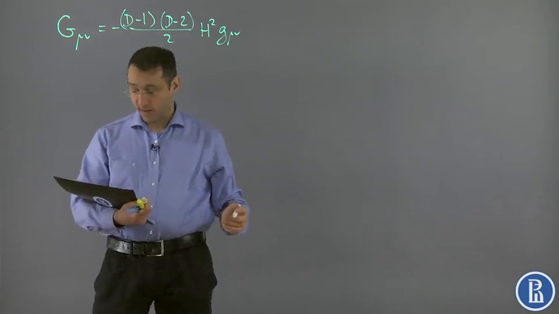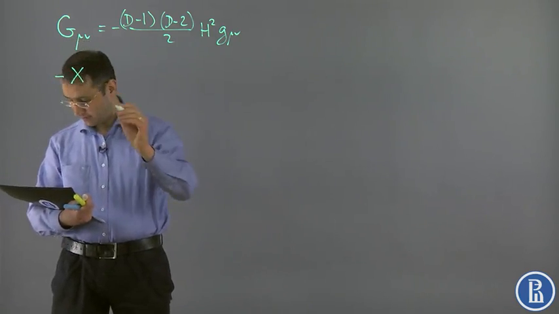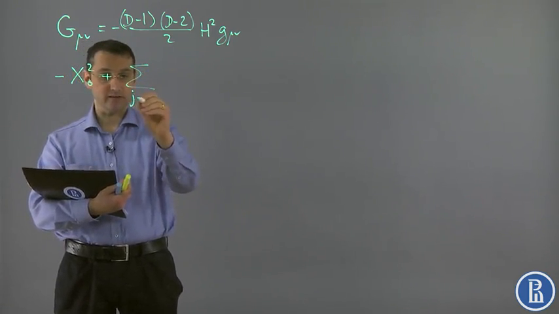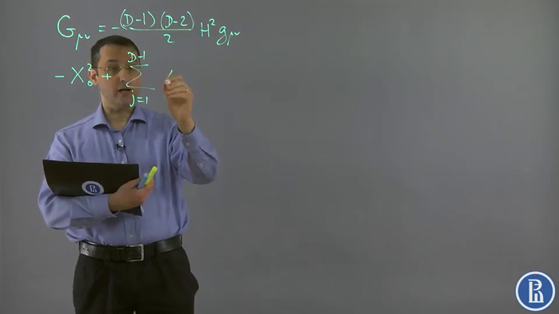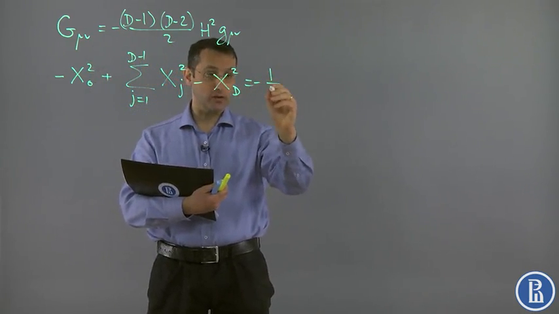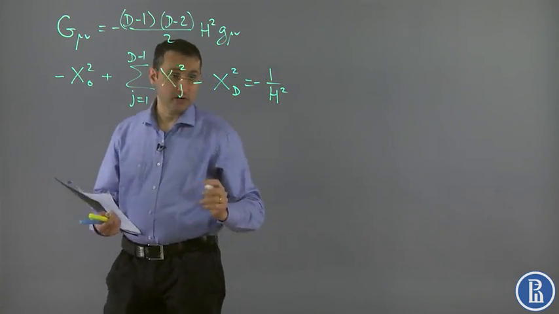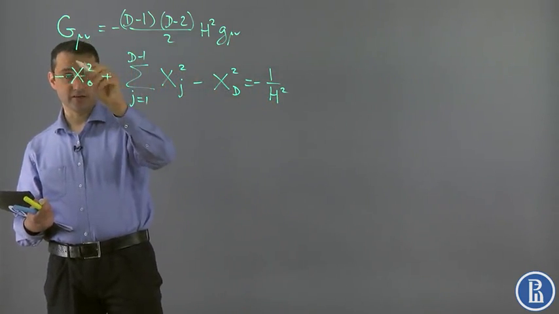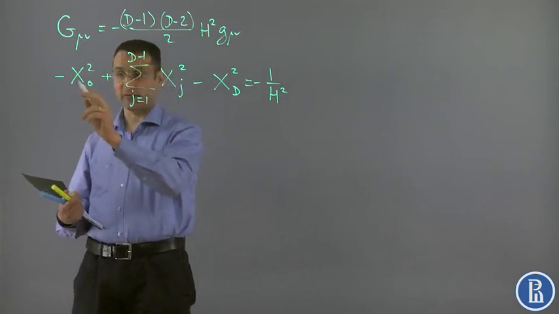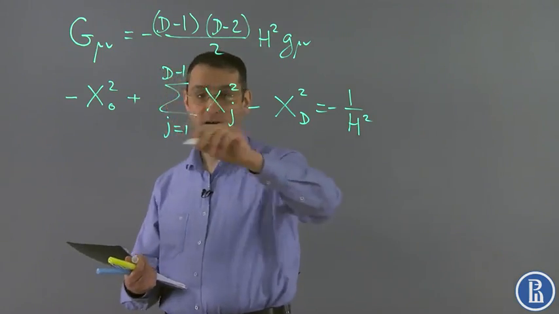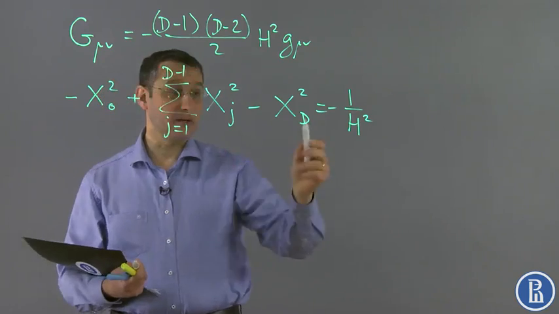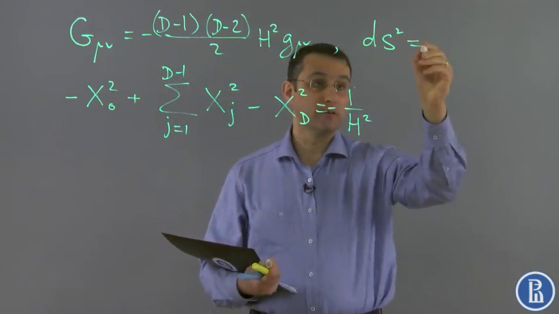And it can be obtained also geometrically as the following hypersurface, a hyperboloid actually also, embedded in a bit different space-time. So it is defined like this: the sum over j from 1 to d minus 1 of xj squared minus xd squared equals minus 1 over h squared. Compared to de Sitter space, if we take this to this side, this will be with plus sign. All of this will be with minus sign, and this will be again with the plus sign. We have a bit different signature here. We have two minuses and extra pluses, while in de Sitter space we had one minus and the rest was plus. So this hyperboloid is embedded into the following very strange